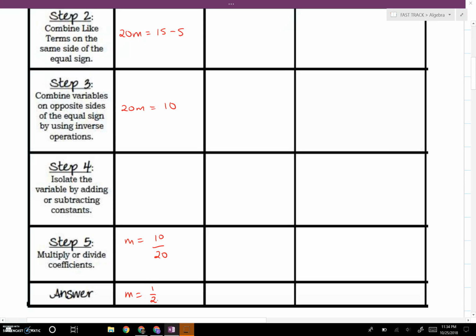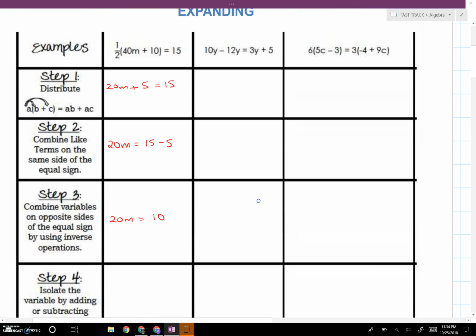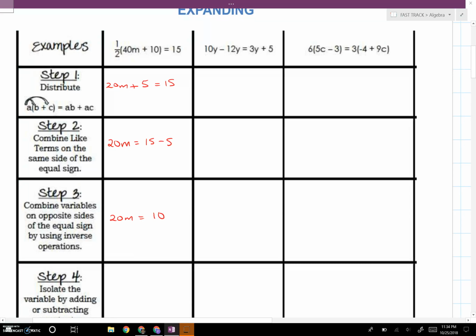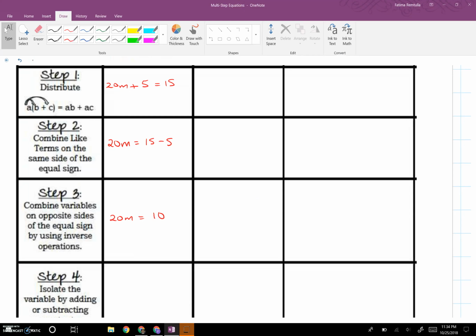Please leave it as a fraction. Don't convert it to a decimal. There's no need. So you'll notice sometimes I might have stuff in each step that I don't necessarily need to do in all of the questions. Sometimes it happens in all the questions, sometimes it doesn't. All right, in the next one,